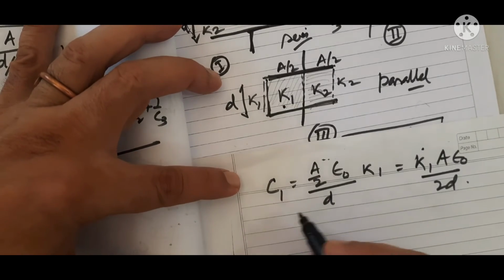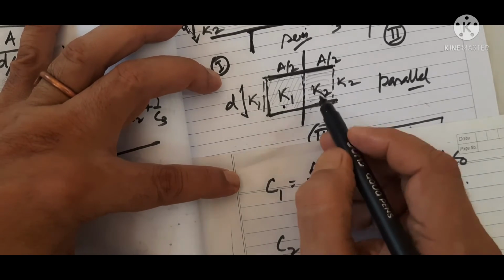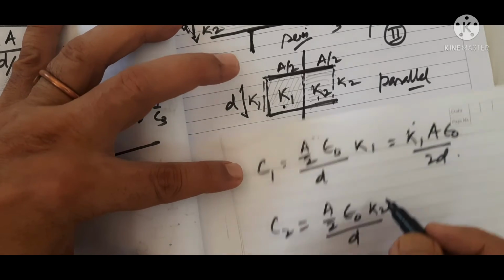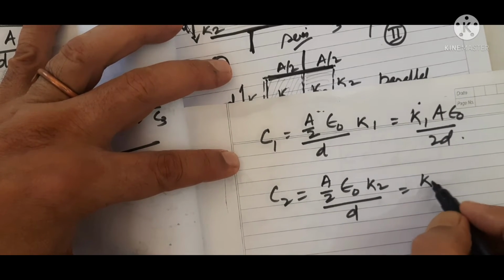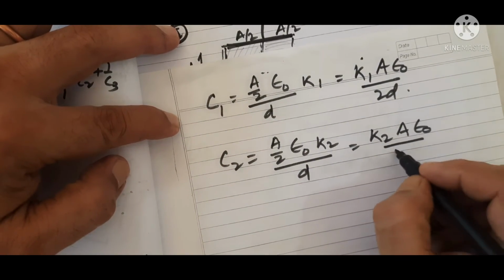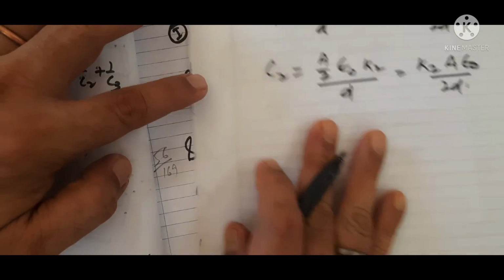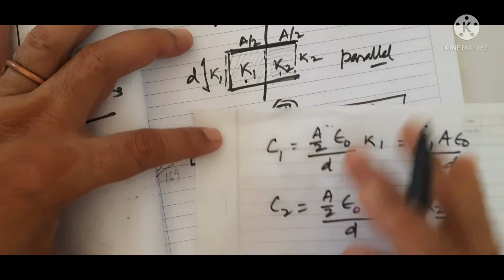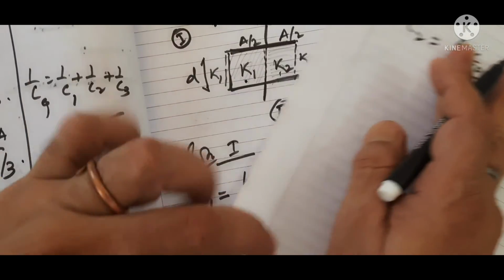Right? Similarly, C2 is A by 2, epsilon naught, K2 by D. So this becomes K2 A epsilon naught by twice D. These two are in parallel. यह किस तरह का है, इस तरह का।